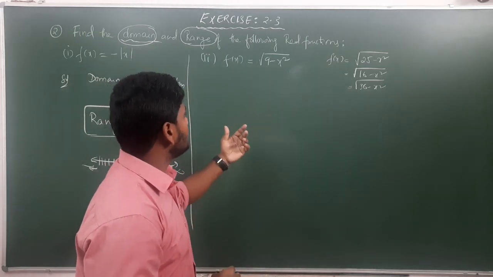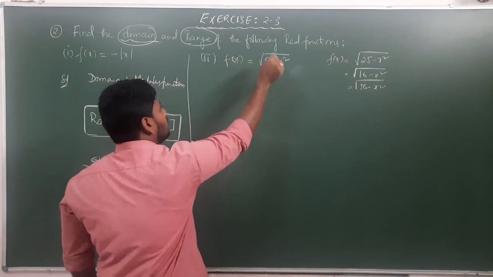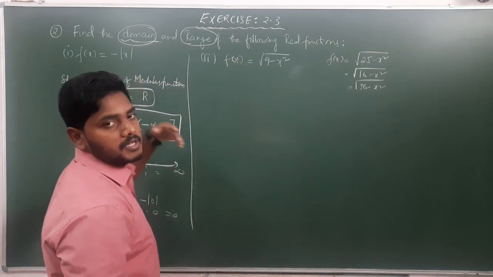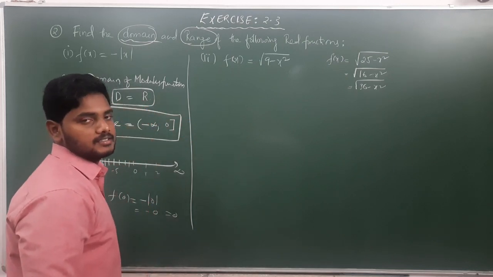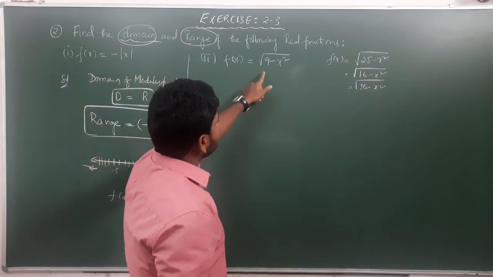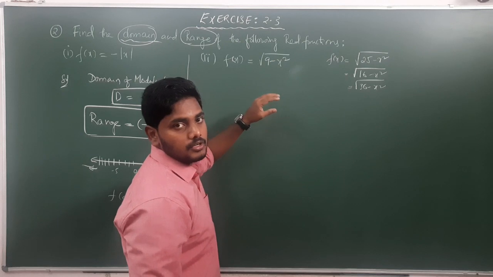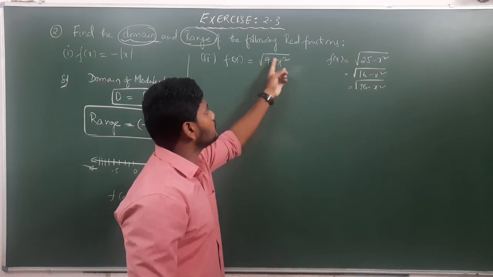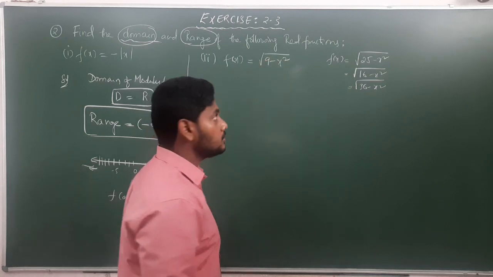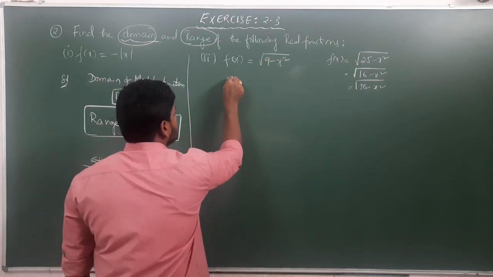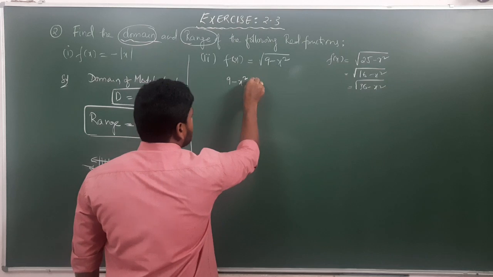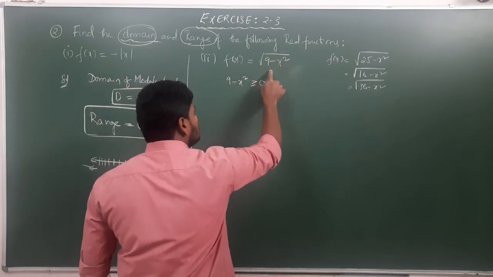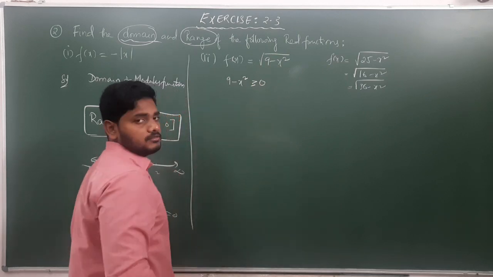Now first of all, how to find the domain? To find domain and range, first we need to identify the given function. It is in which form? If it is modulus, we can remember easily, the domain will be R. Right? As it is in the form of a root, a root means the inside value should always be non-negative. So we can consider the condition 9 minus x square greater than or equal to 0. This total should be greater than or equal to 0.